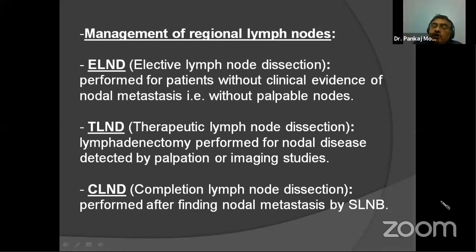Yes. So this is in non-palpable nodes. I understand that. But suppose there are palpable nodes. Is there any necessity to confirm that it is metastatic or not? If it is a palpable node, then we need to see by radiological parameters as well as by pathology, also by FNAC. FNAC is always done. If it is palpable, one should go for FNAC.